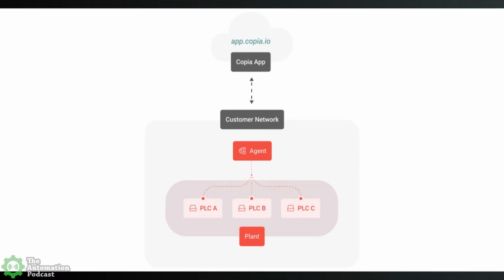And actually, we've even had people who run these agents in the cloud, but that's more atypical. But you have an agent running in the field. It's on the plant, and it's connected to all the different devices on the plant floor, and then it's communicating back through the network to the Copia app. And we have our own cloud hosted solution, app.copia.io, and that's where people can go in the browser